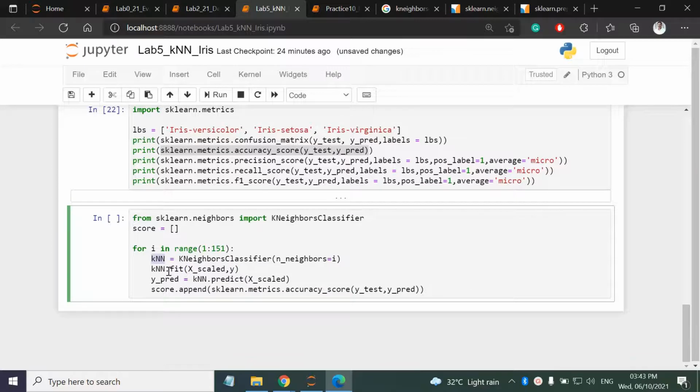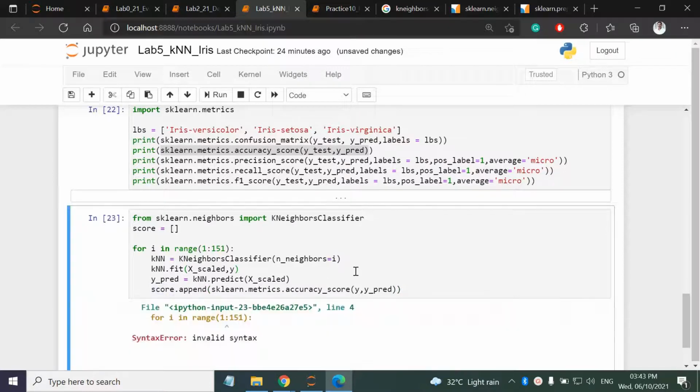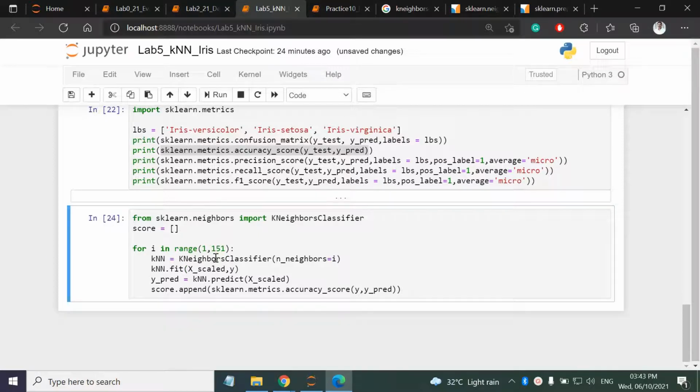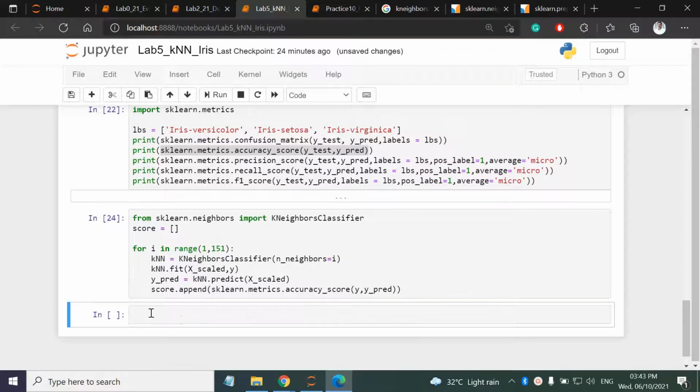I have created the object, I have fitted the data, then I am calling the predict function to predict the values. Then I am comparing them; this time the true labels are in y, and y predicted are the predicted labels. I am appending the scores. Okay, so I will be getting the scores. The final step is plotting.